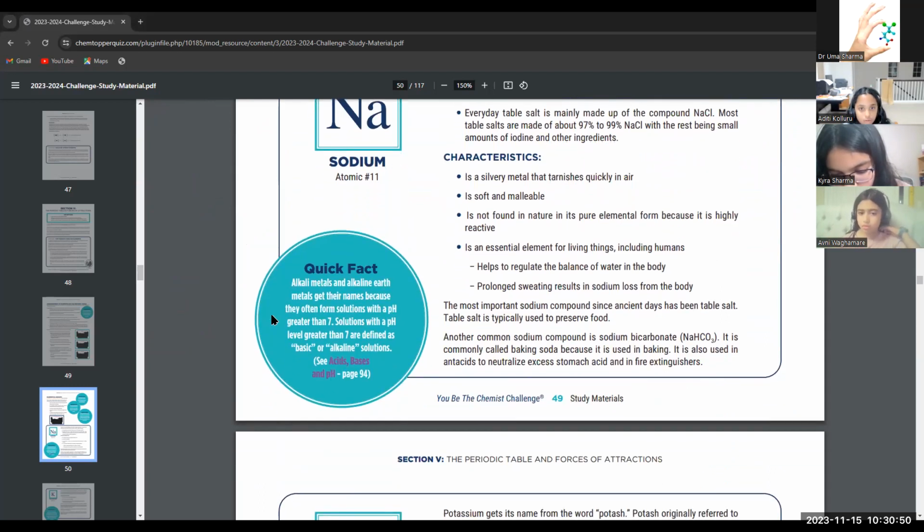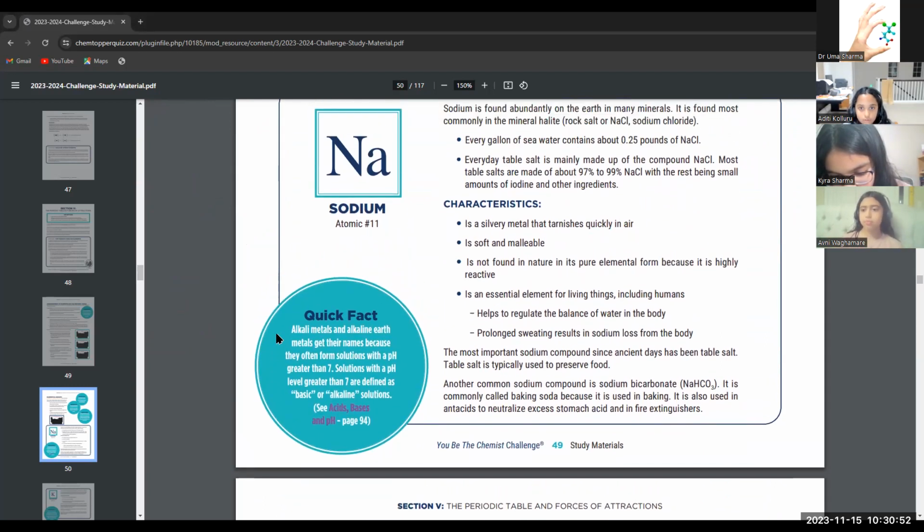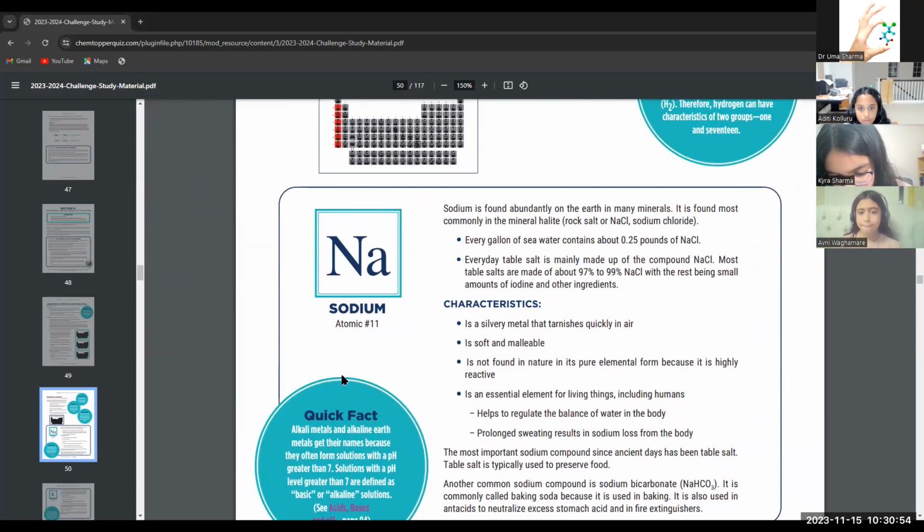Sodium metal. So as you go from sodium to cesium,